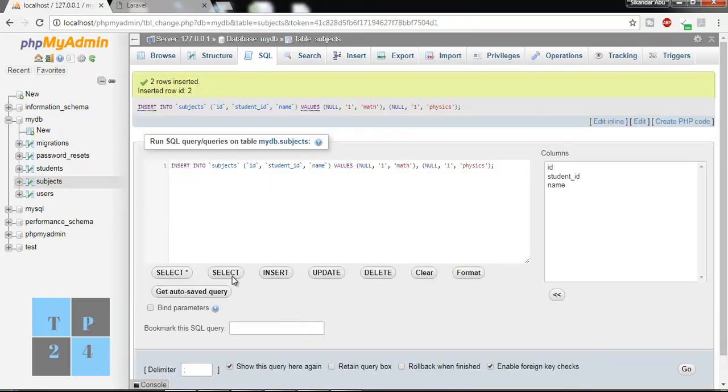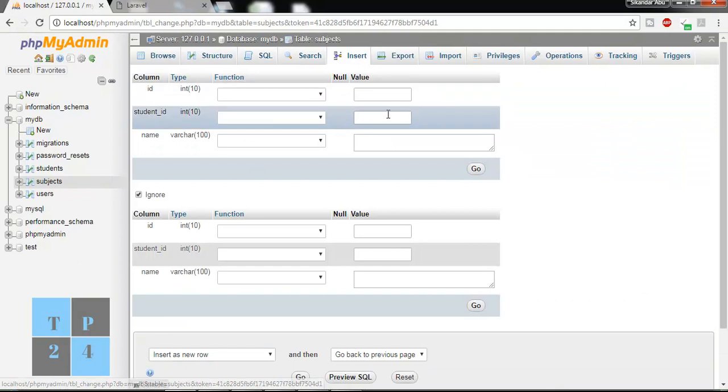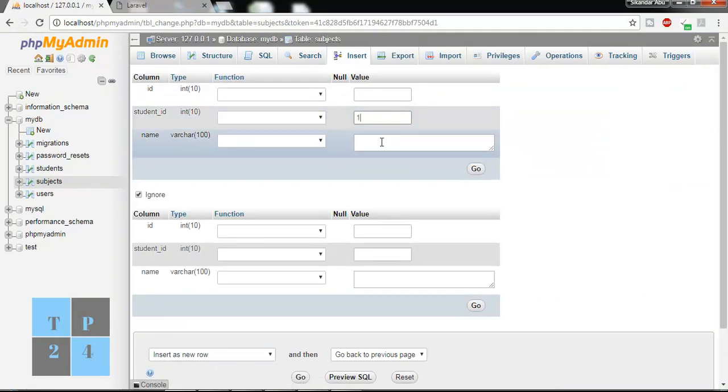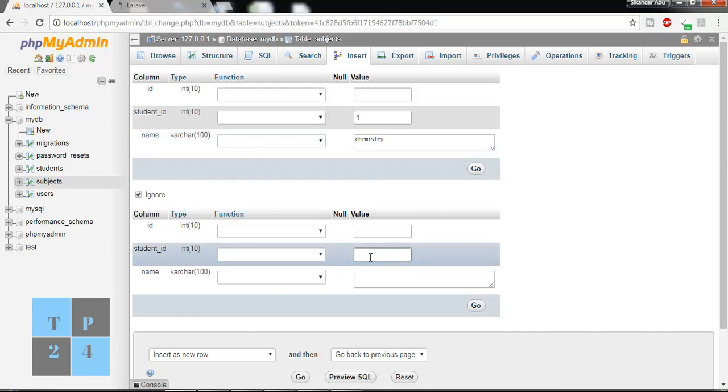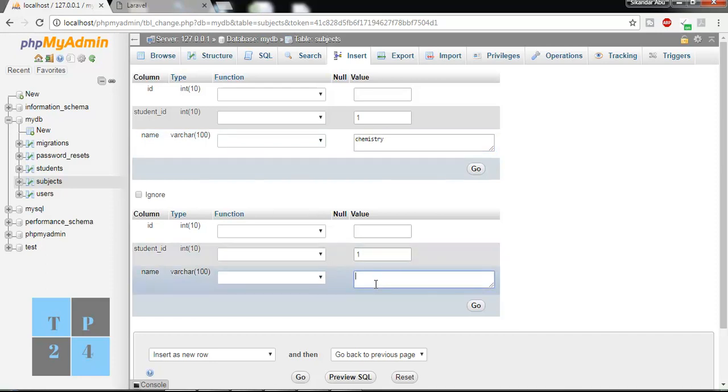Saving it, and also I want to insert another two values for ID 1, chemistry and history,